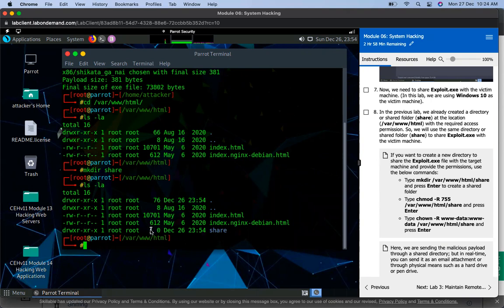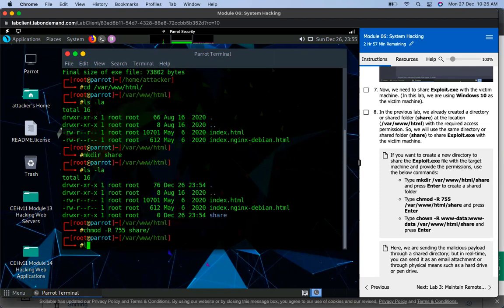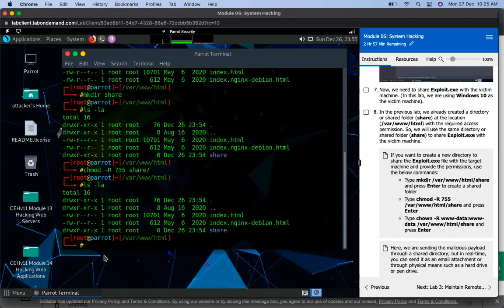So now we need to share it on the web with Apache server. So we need to change the permissions, right? Permissions like anyone on the internet or in the network can access it. And for that, we need to chmod to read, write, and execute. So the permission code for read, write, execute is 755. 755 share. So you see, it's now done. chown